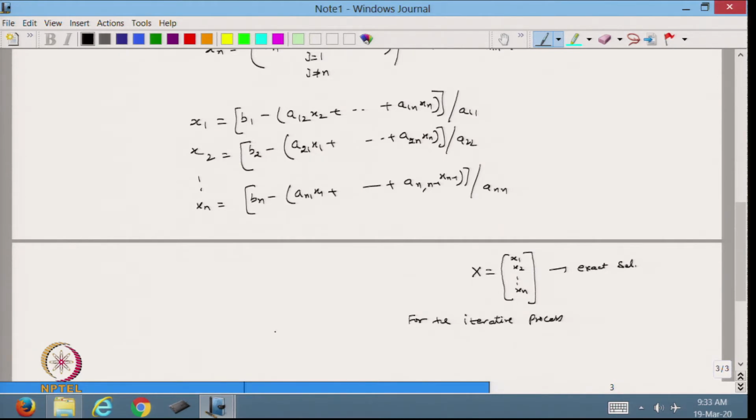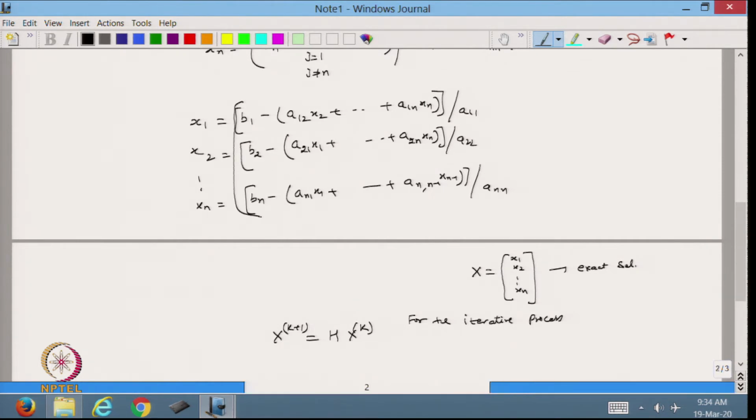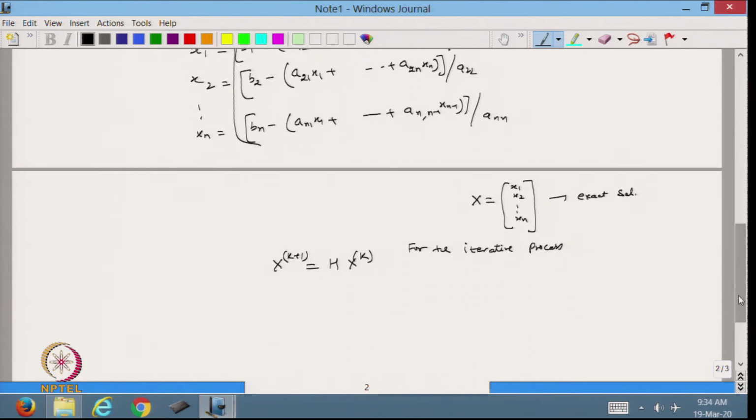I want my x k plus 1 iteration to be equal to some matrix H times x k. That means x k is the solution I am getting at the kth iteration. Then I will multiply it by the system, because from here I can see this is the system we are going to get, and I will get the new approximation. And now,